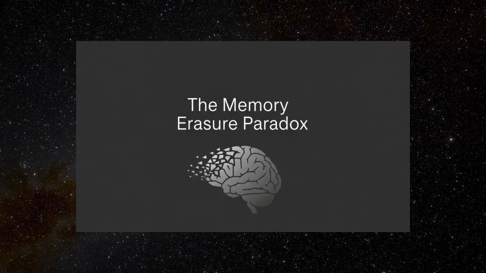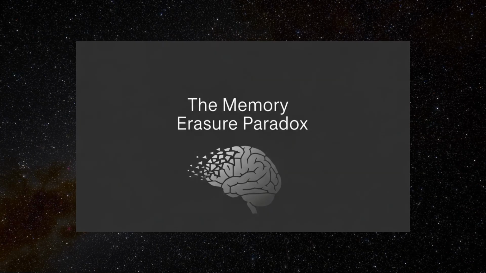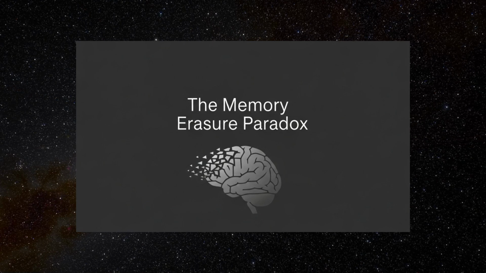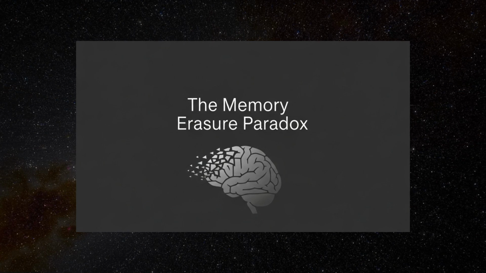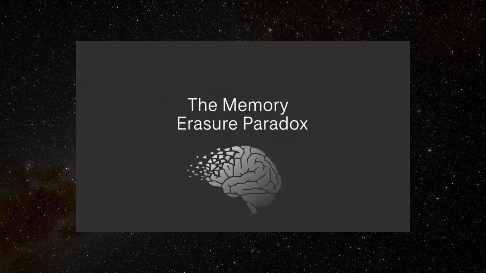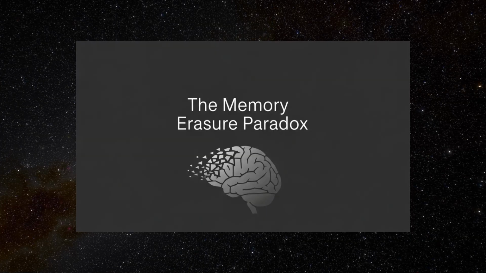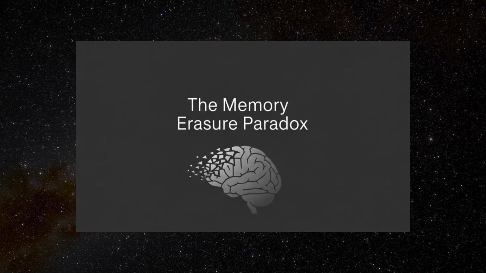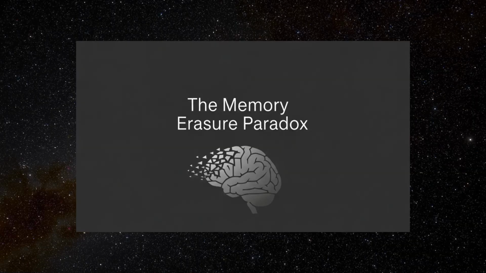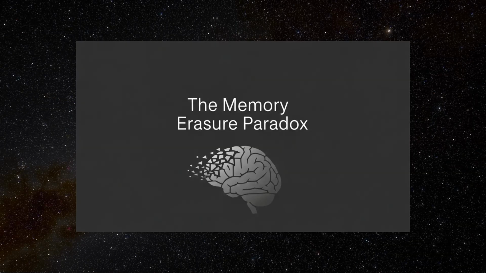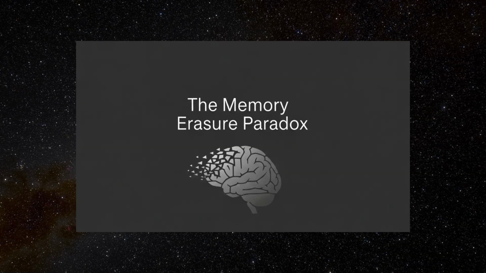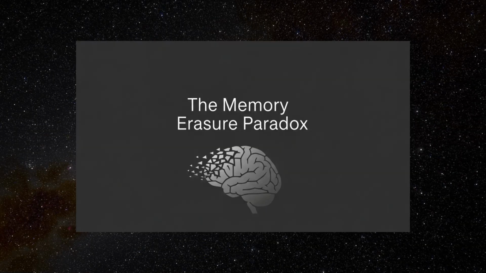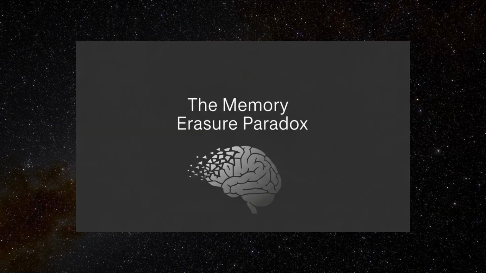In science fiction and ethics debates, this paradox is often invoked when discussing technologies like memory modification, neural implants, or drugs that can suppress traumatic recollections. While these scenarios may be hypothetical, they force us to consider, is forgetting something the same as never having known it? And if we deliberately remove knowledge from the mind, do we lose part of our identity, or simply create a blind spot that we can never fully explore?